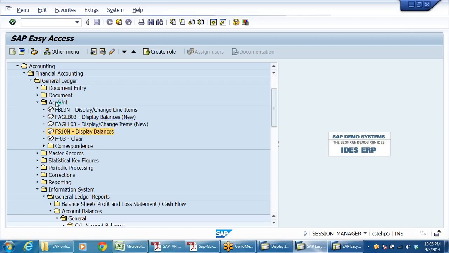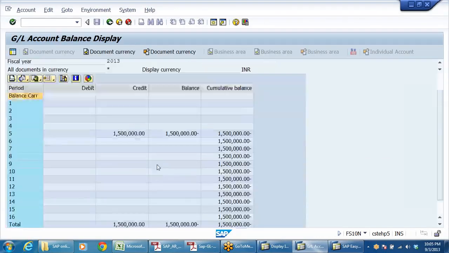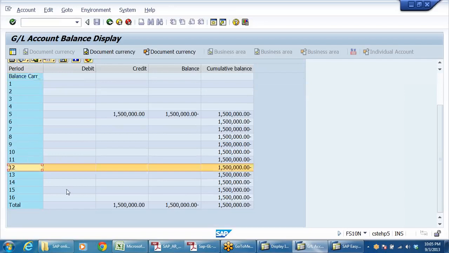See, in FS10N. So what I'm saying is, if I take 1 to 12 as a posting period, then if I have posted after 1 month or 2 months, that will not be shown. What if I take the document date as those 12 days? So the entire entries will be covered, no? I didn't get you. There are 2 dates, one is posting date and one is document date.